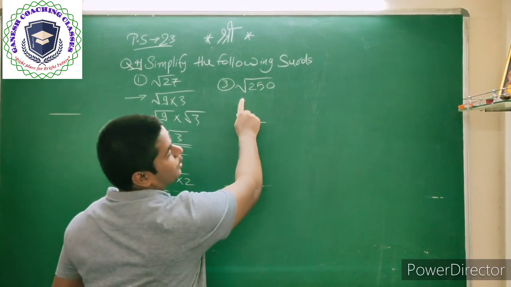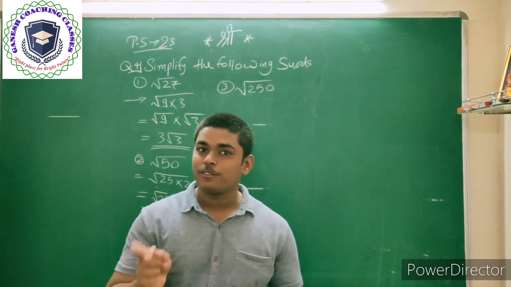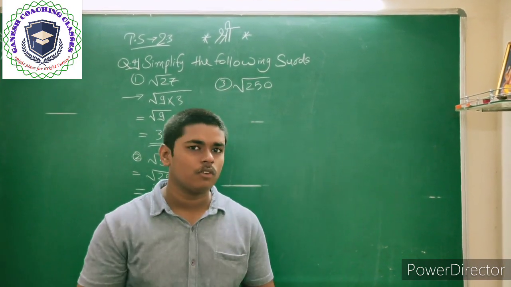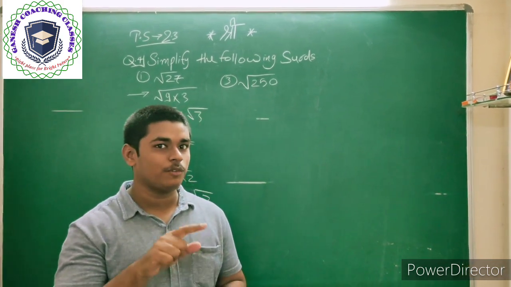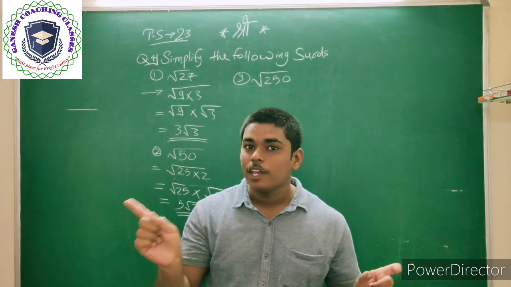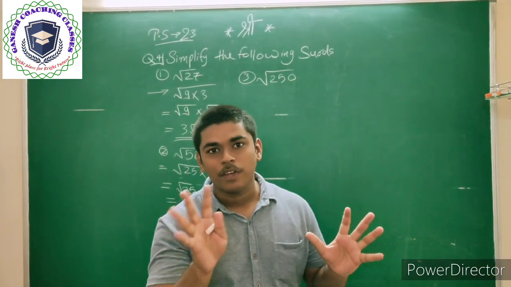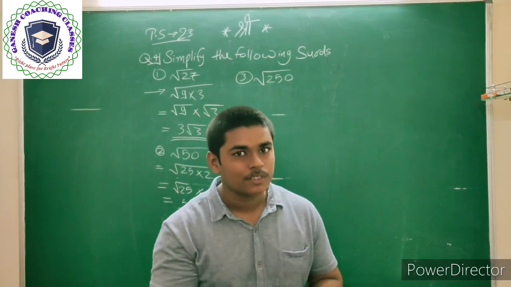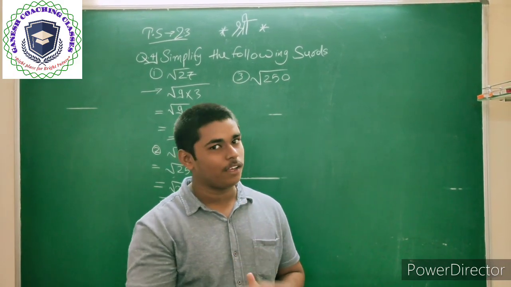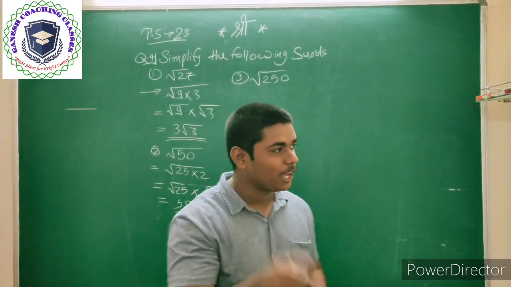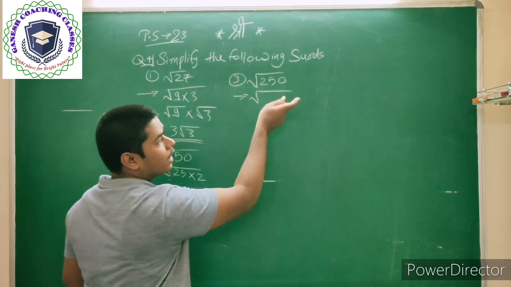In question number 3 we have been given root 250. It is a bigger number, but still we have to find the factors. We can write 250 as 125 twos are. But we do not have a predefined value of 125 as well as 2. If we find factors like 25 tens are, we know that we have the predefined value of root 25, that is 5, and root 10 will remain as it is. So we will write 250 as 25 tens are.